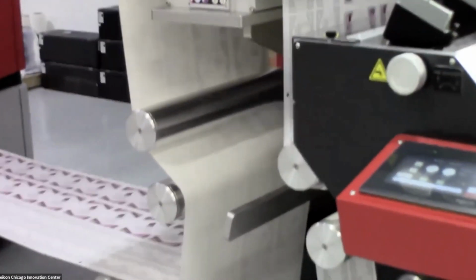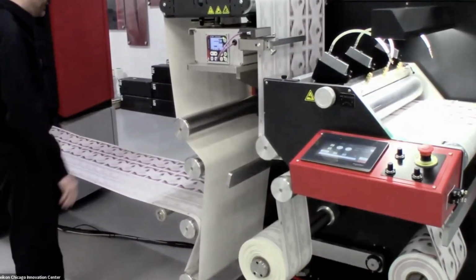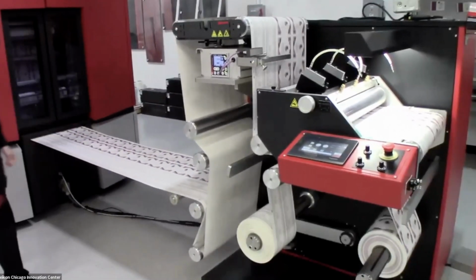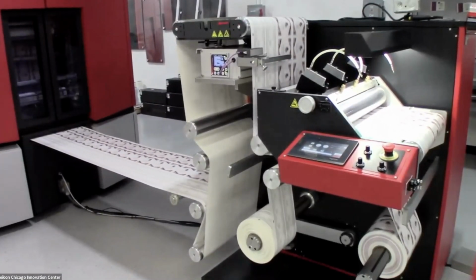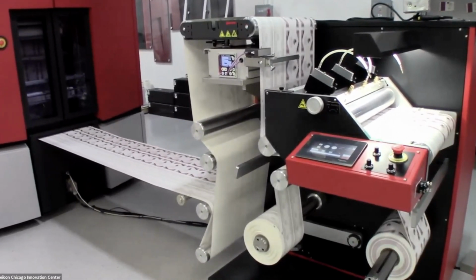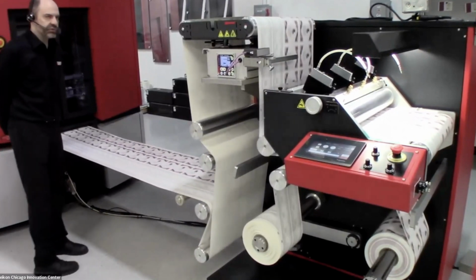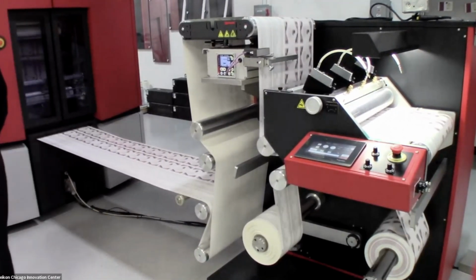So the example that we're running today is a spirit bottle label. And this would be an example of running a label that, while they're common to the product, one may be a label for a bottle and one may be labeling for packaging. So again, this is really an